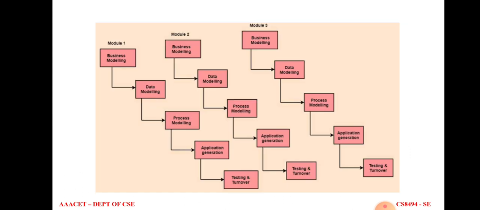This is the diagrammatic representation of the rapid application development model, RAD. You can clearly see that for the first module it is similar to the incremental model, right? The same diagram is present here. For module 1 the same 5 steps have to be repeated, but only the technical terms differ, and the process is almost the same: requirements gathering, design, coding, testing and implementation.